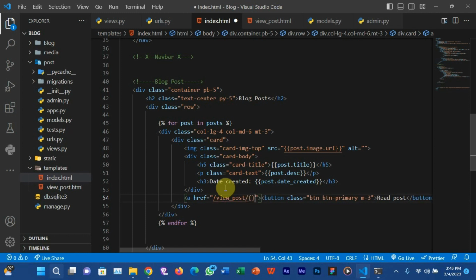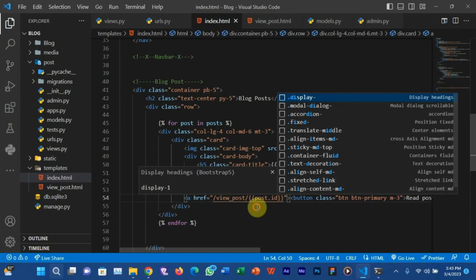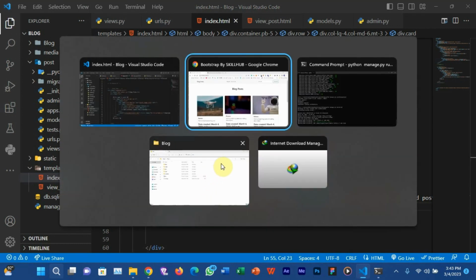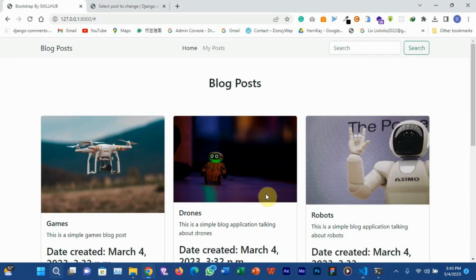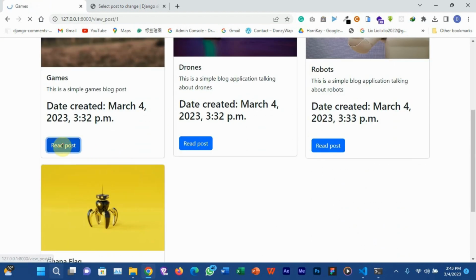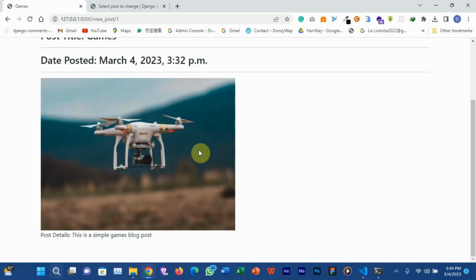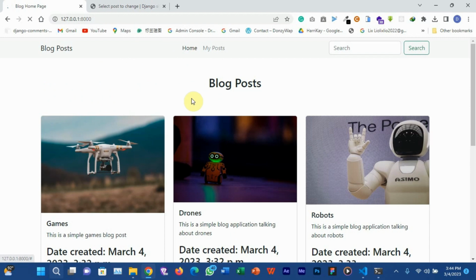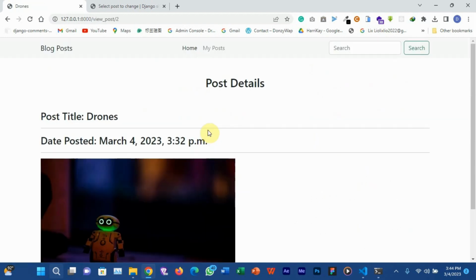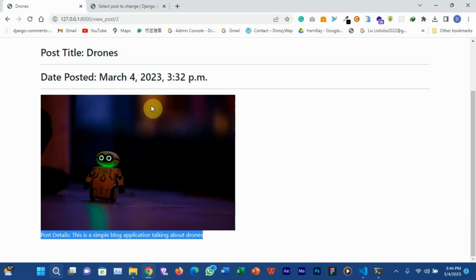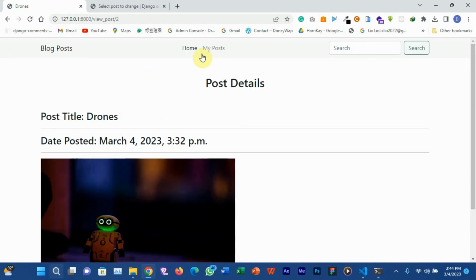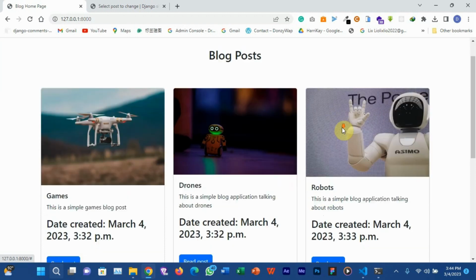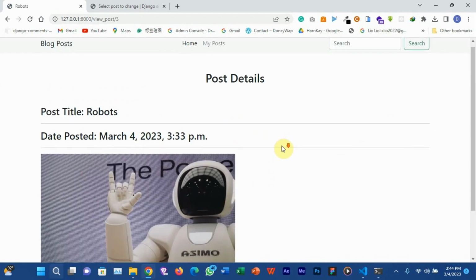And then we need to pass in the ID of that particular post. So post.id. This will automatically take the user to whatever ID that was passed here. Let me refresh the page. If you click on read post, it will now take you to the read post page here. So the user can now read more about the post he or she just uploaded. Click on home. You can check for the second one as well. You can see the user can also read on this post as well. So go back, and then we post.